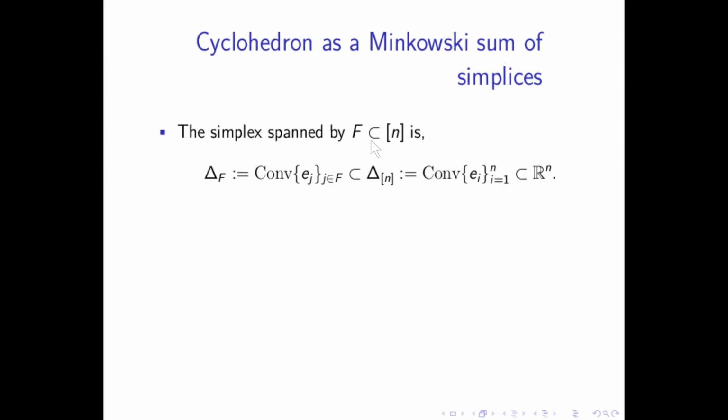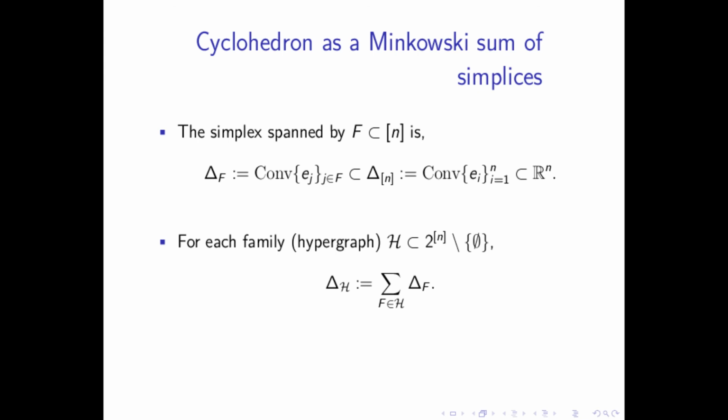So if you have a subset F of this set of n elements, then the usual notation is the simplex spanned by F, which is just the convex hull of all basic vectors corresponding to F. It is, of course, a subset of the whole simplex. And if you have a collection of subsets, then you can take a Minkowski sum of these simplices. So taking a Minkowski sum is, of course, an interesting operation,